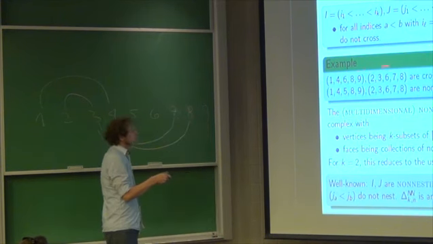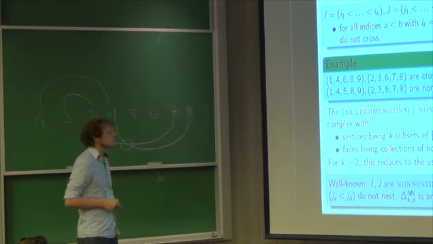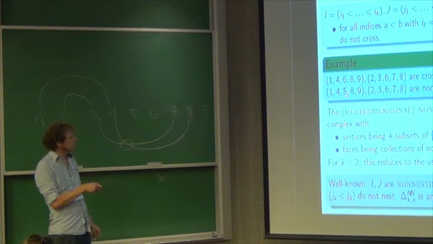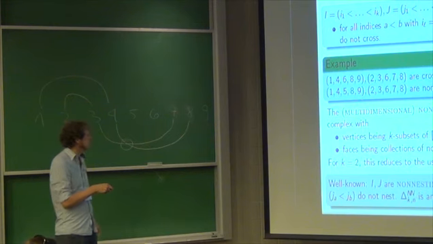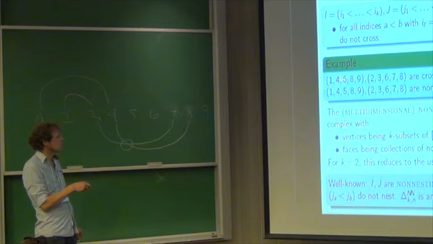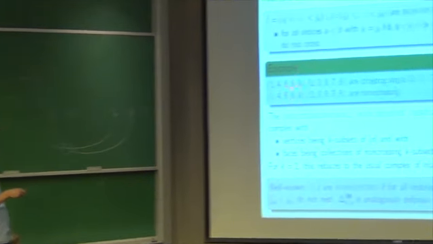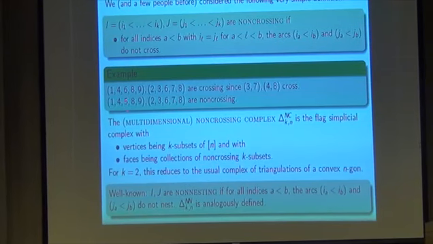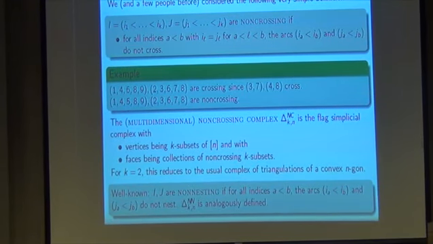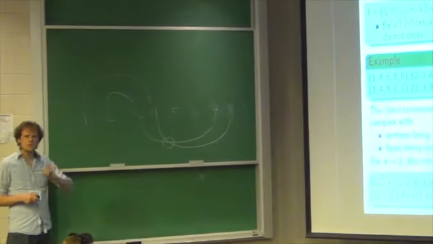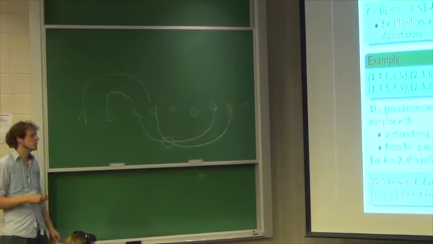That turns these two K subsets into crossing subsets. But if I replace the 6 by a 5 in the first of the two, then this becomes non-crossing, because I'm not testing these two arcs anymore, since now the one in the middle doesn't coincide. So now I'm testing 4, 5 and 3, 6, which is non-crossing, and 5, 8, 6, 7, which is non-crossing. So this is a local condition and it's not about all arcs; you really have to restrict to some of the arcs.